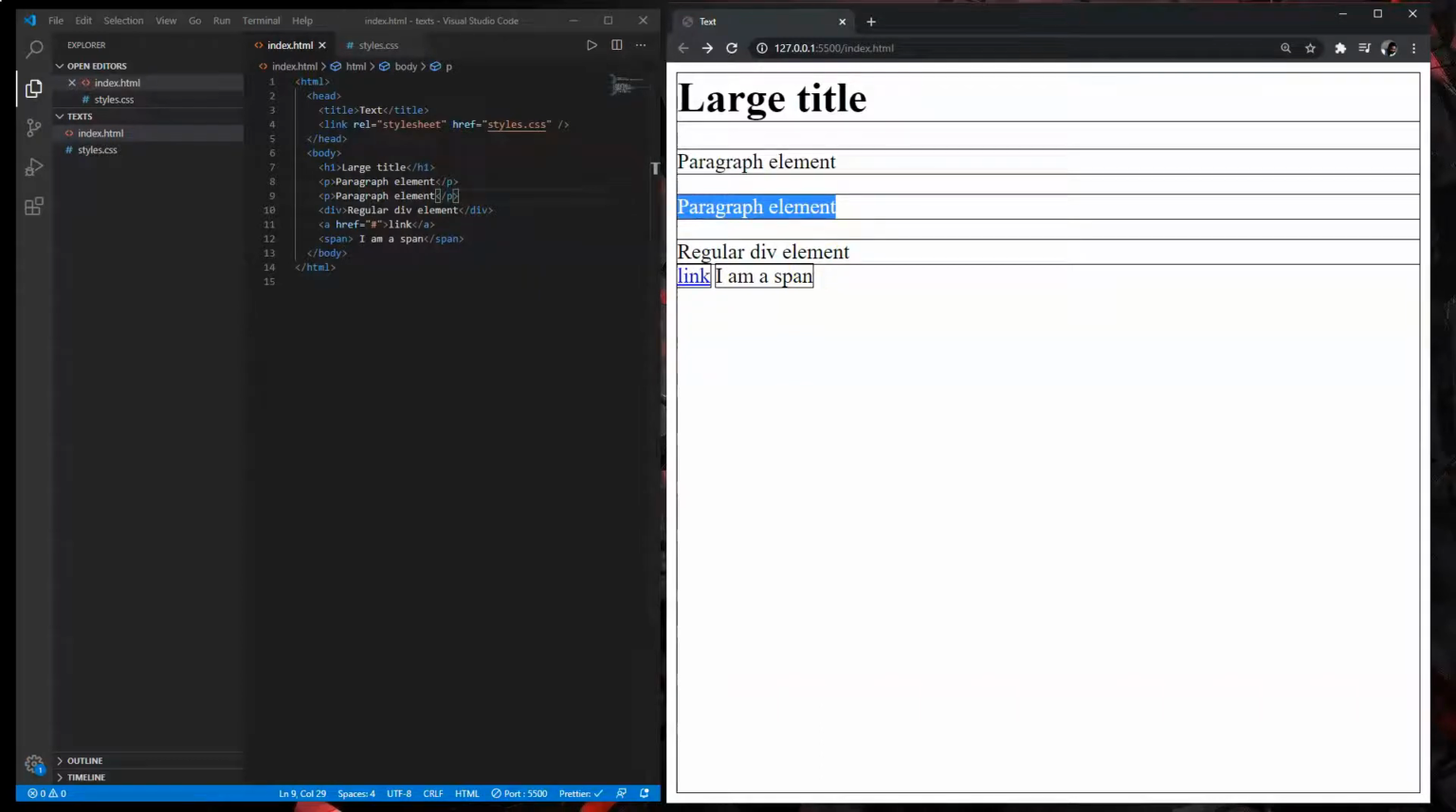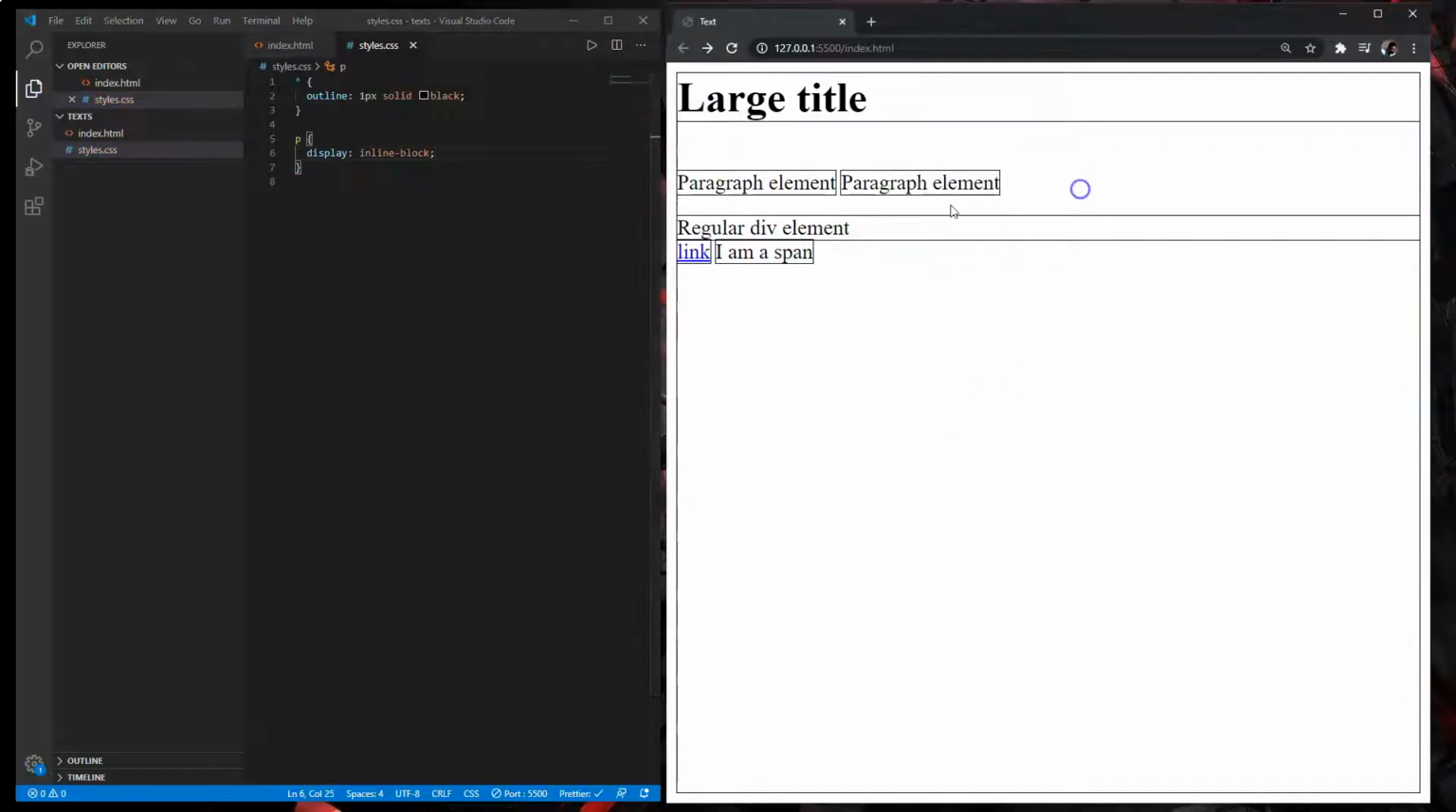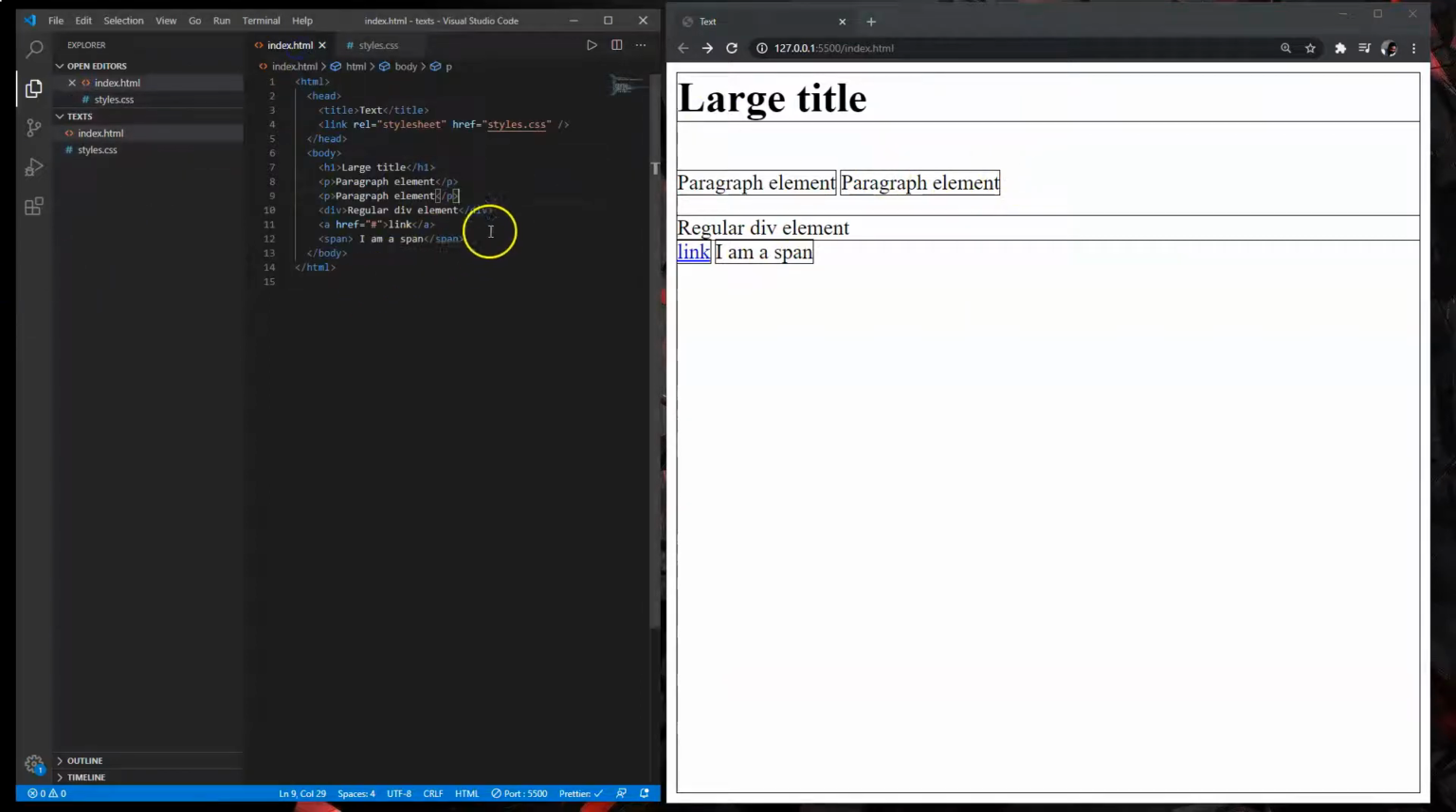So what you can do is you can have inline block elements. If I were to go back here and put p and I said display inline block, now it makes this block element inline, like the link and span. Now we have two paragraphs on the same line. This is actually really important because when we do our unordered lists, a lot of times we'll use that to make our